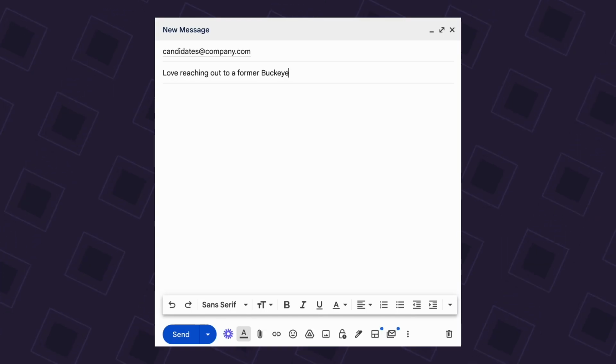Upon considering all of this information and more, you might find things you have in common with them. Maybe you went to the same school or lived in the same area for some time. Maybe you even root for the same sports team. If you do, use that in your messaging to start building a connection. Let's say you both attended Ohio State University. Something like, "Love reaching out to a former Buckeye," in your subject line or email body might increase your chance